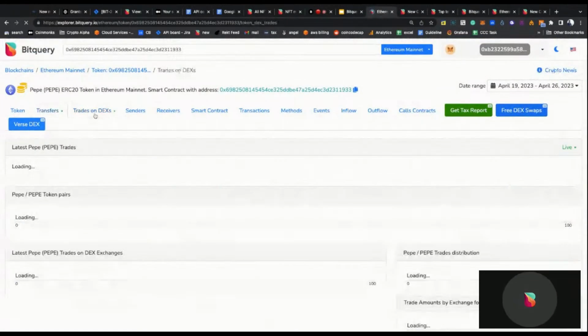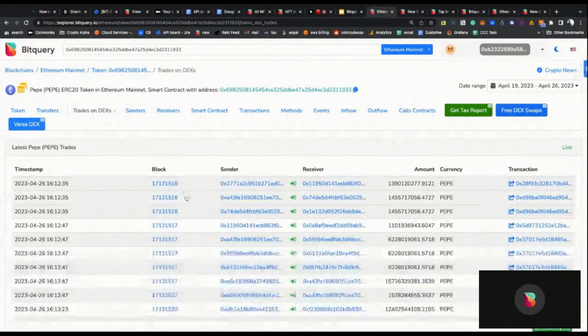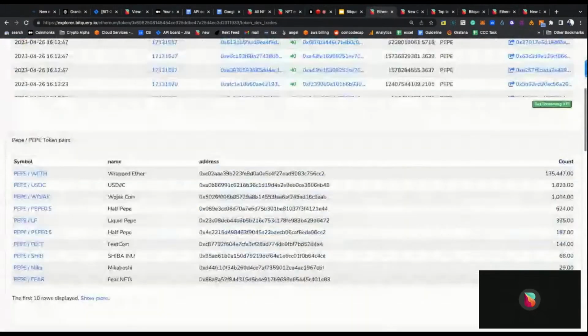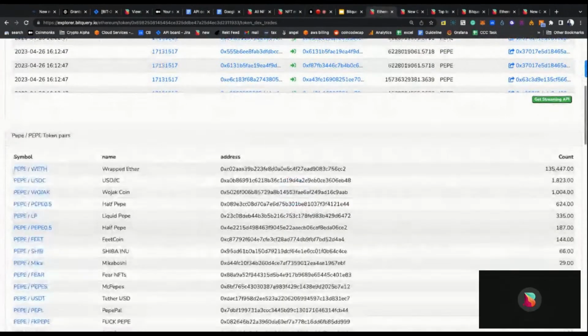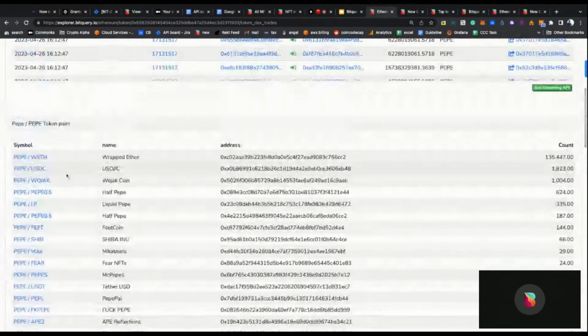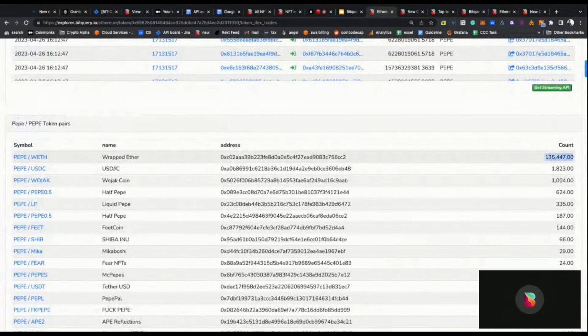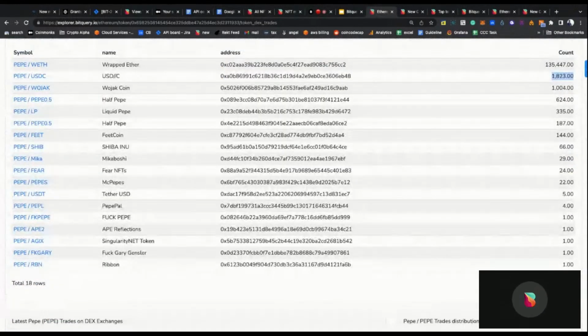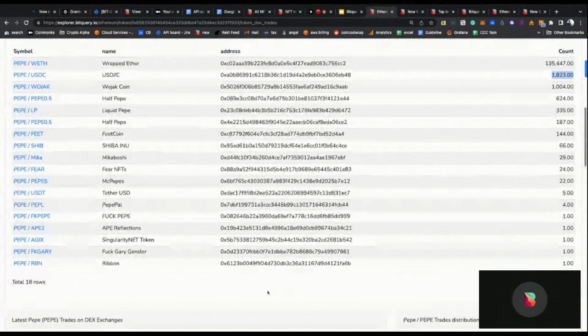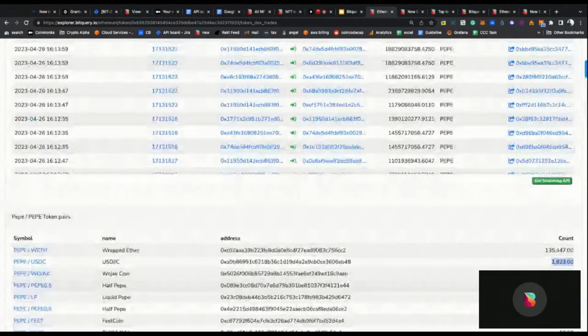You see trade related data. For example, if you want to see peeps token trade related data, you see these are the pairs which peeps is trading against. If you want to know which is the most traded, it's against WETH, and then against USDC. And if you want to see which query is getting this data, you can simply hit this get API. So it's much easier to first find the data and check the API and then play with the API basically. So this will help you to research a lot of things.